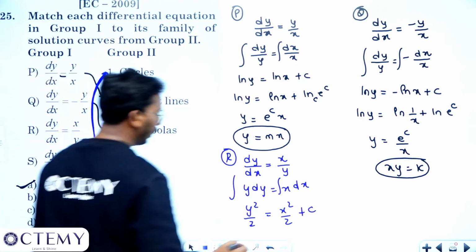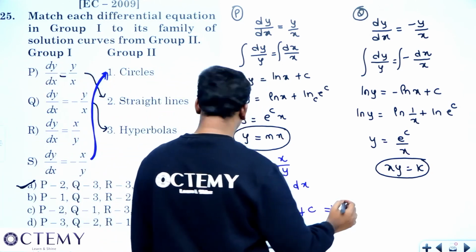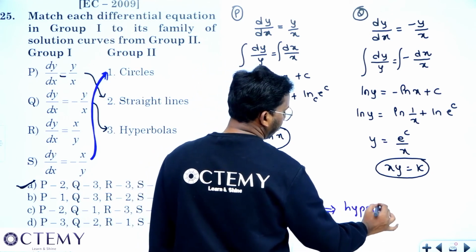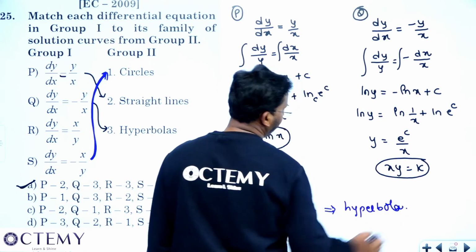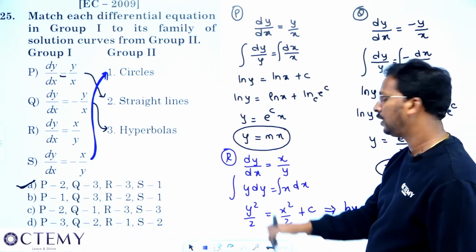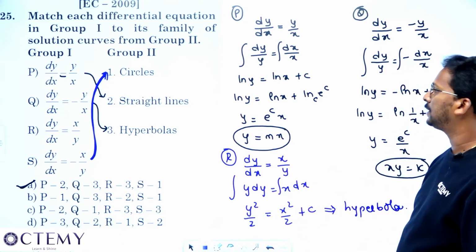And this will again be a kind of hyperbola only. See how it will become a hyperbola. It's kind of a hyperbola only, right? But when you do the option S, you'll get minus here. So when it goes that side, it will become plus, right? So option A perfectly matches.